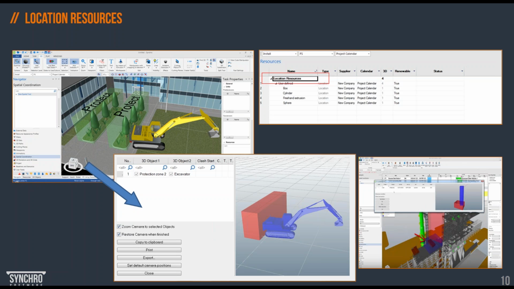It includes the fourth dimension, which is time. So we can actually tell that a clash will occur at a specific point in time, and it will affect specific tasks, specific activities. Other example uses of location resource: we can highlight protection, exclusion zones, safety or dangerous areas. We can also highlight equipment operations or crane working ranges.